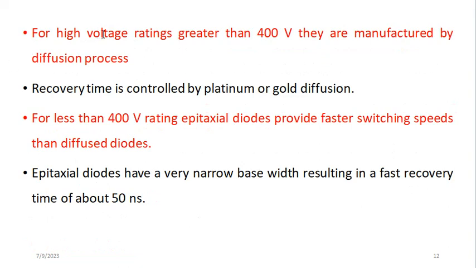And if you want to use it for a very high rating, greater than 400 volts, then you have to use the diffusion manufacturing process. The recovery time for this diode is controlled using either platinum or gold diffusion. And for applications that use less than 400 volts, we use epitaxial growth methods, and they provide faster switching speeds